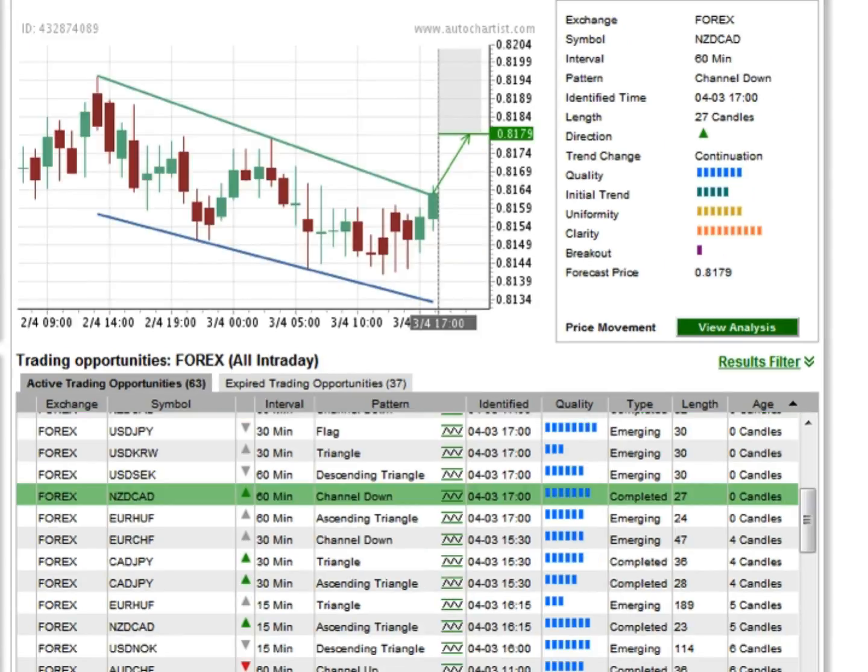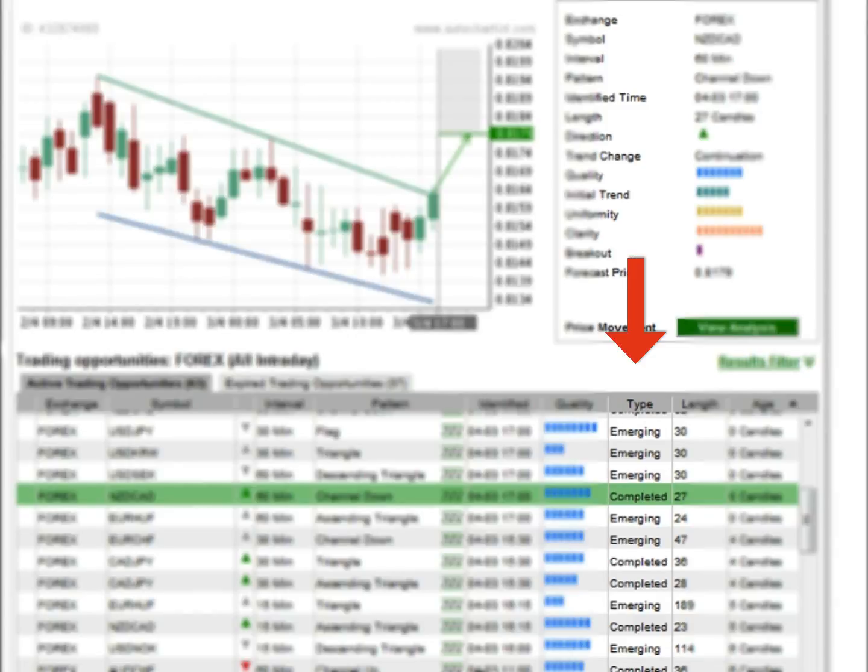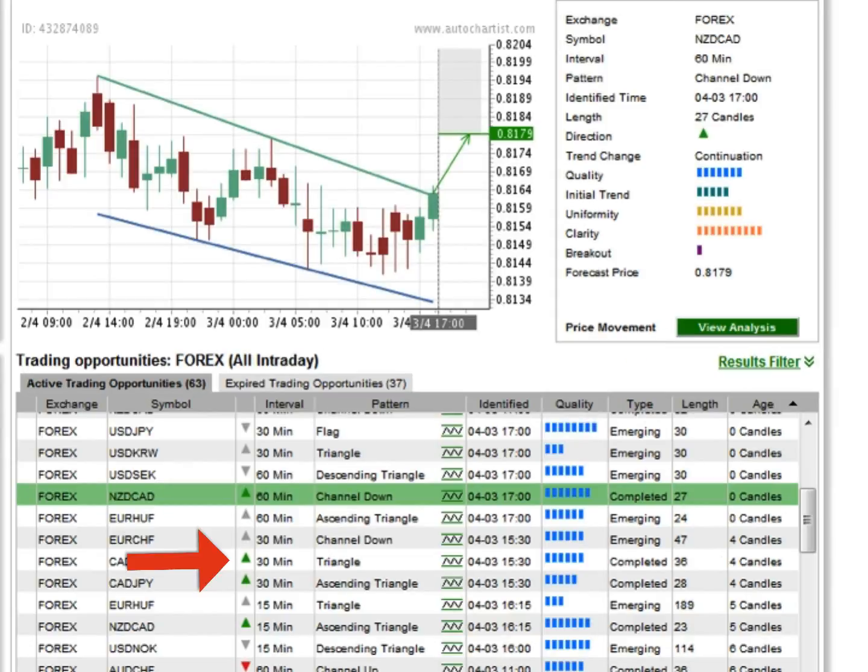The most obvious feature of a completed pattern is the grey forecast region with the coloured target level. If you see this construction next to a chart pattern, then you'll know that it has completed by breaking through either the support or resistance level, and it has an overall average chance of 70% that it will reach the target level. In this grid below, you can distinguish between emerging and completed patterns in the type column, as well as the direction arrow. Completed patterns have colored arrows, while the arrows of emerging patterns are grayed out.